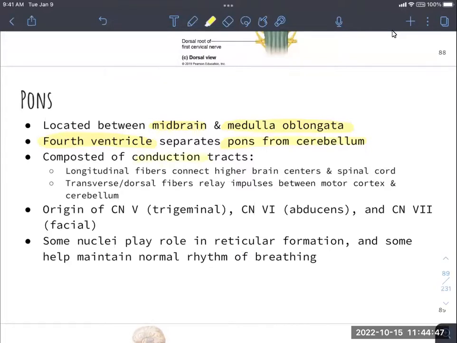We have conduction tracts that go through the pons. They are fibers that connect higher brain centers and the spinal cord together. Of course, we need information coming from the body going up to the brain. It needs to get there somehow, and it's going to follow tracks. It's also going to relay information between motor cortex and the cerebellum. That cerebellum helps to completely fine-tune